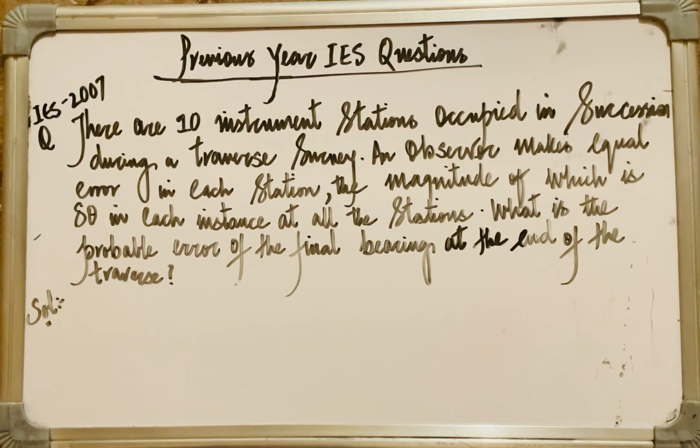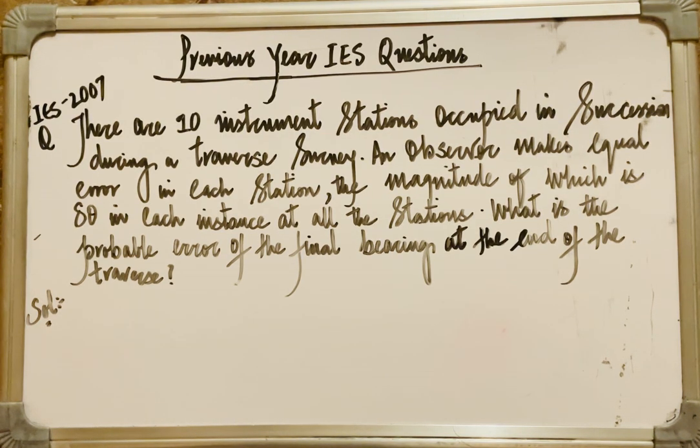This video lecture is about the previous year questions that have been asked in Indian Engineering Services exams regarding the chapter Theory of Errors in Surveying. So let's begin. This question was asked in IES 2007, and the question is: there are 10 instrument stations occupied